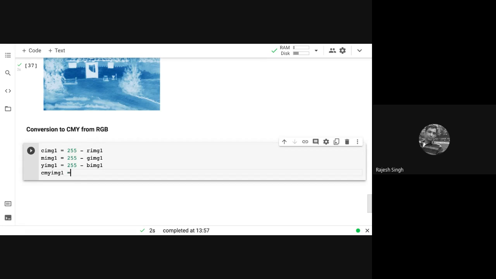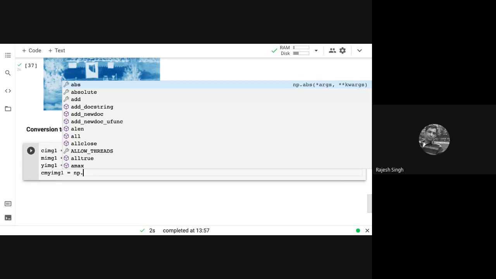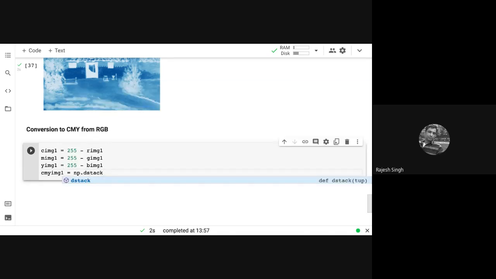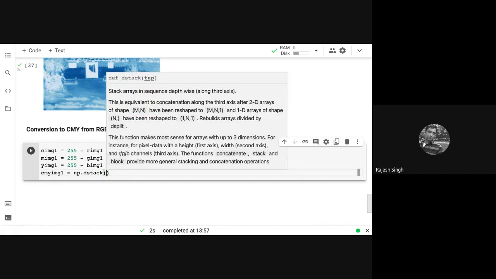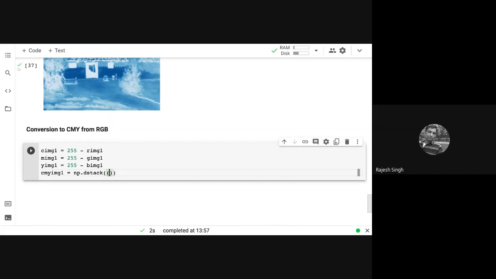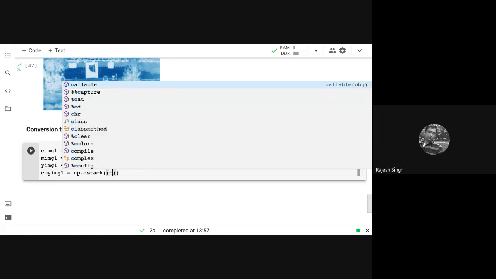Okay, so nomenclature has improved. Now here it's np dot, np is numpy, dstack. It creates a stack of three images, one over the other, and somehow it takes double brackets, and then inside, I really don't know why it takes double brackets.